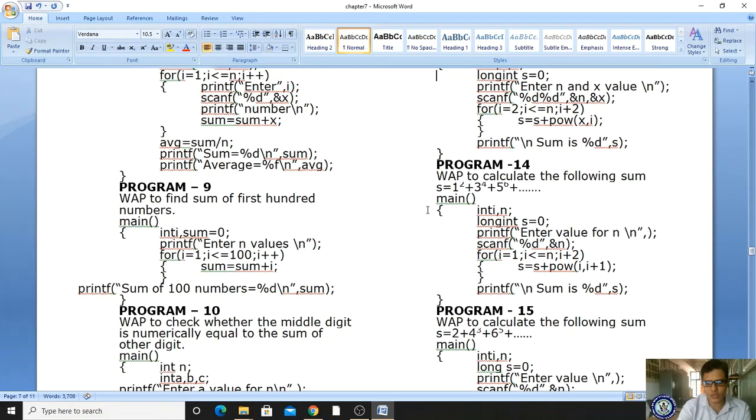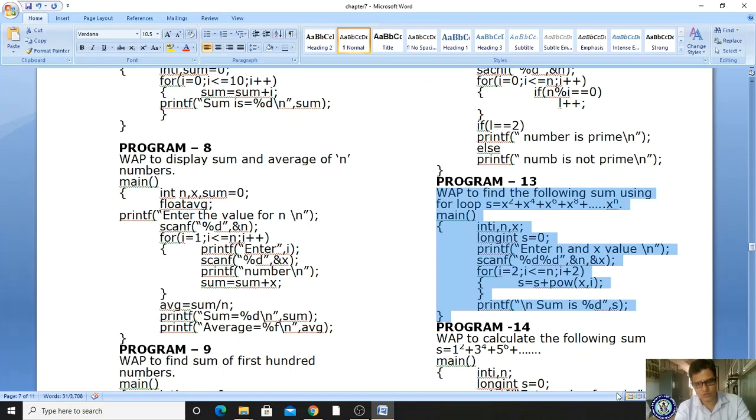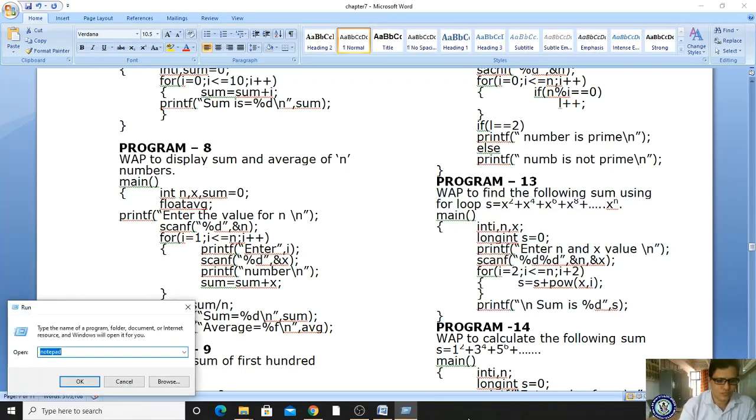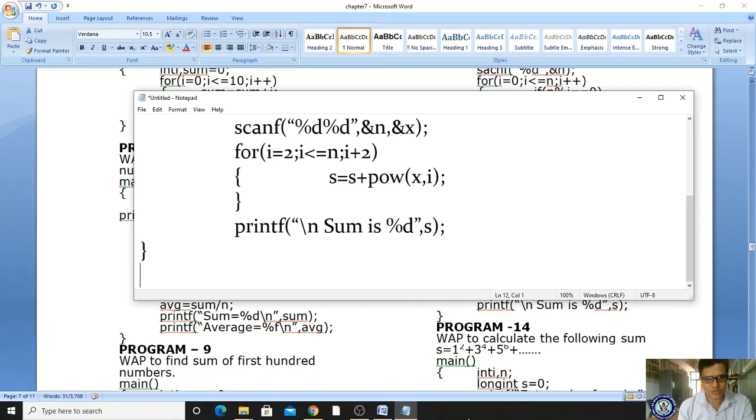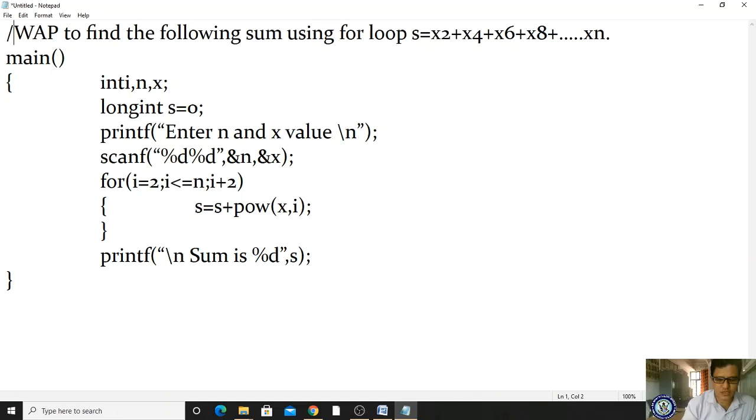Let me copy it first so you can understand how we are doing it. Not the first one, let me take the 13th program. Afterwards we will come to the 14th program. Copy. I'm coming to the notepad and pasting. After pasting this program, I'm mentioning our header files.